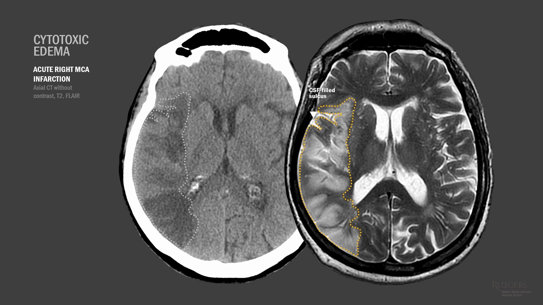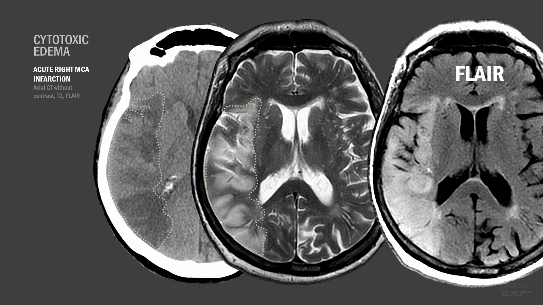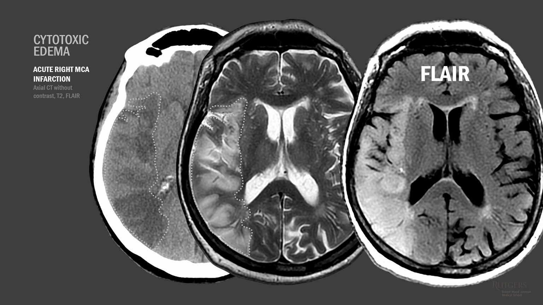Here's an idea. What if we subtract the CSF signal? Introducing FLAIR, Fluid Attenuated Inversion Recovery Sequence. It's unmistakably related to T2, since gray matter is lighter than white matter and fluid appears bright, with one important exception. The bright signal from CSF has been subtracted, and now you can quickly identify the abnormality from across the room.